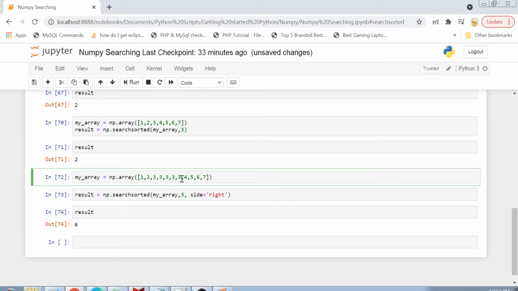So guys, I hope that is clear to you and you know the basic difference between searchsorted and the where clause, and you can use both of these functions depending upon your need in your program.